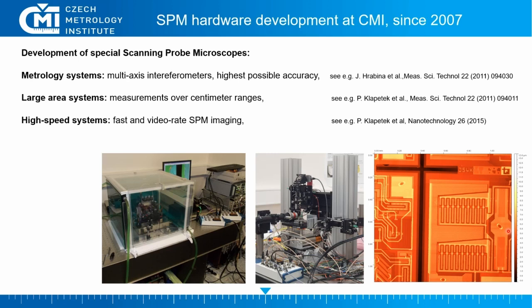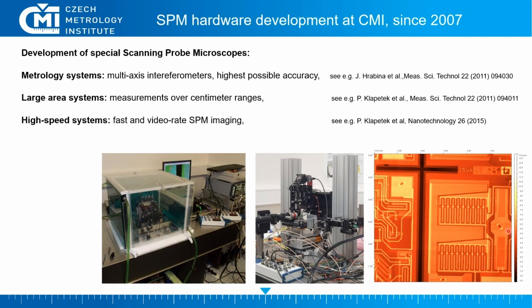So, for example, here at CMI, we developed a metrology SPM, large area SPM that can cover measurements over centimeter ranges, or high-speed system that can do also fast and video rate SPM imaging. So when it comes to the manufacturing, developing the instrumentation, we are also doing this for quite a long time,